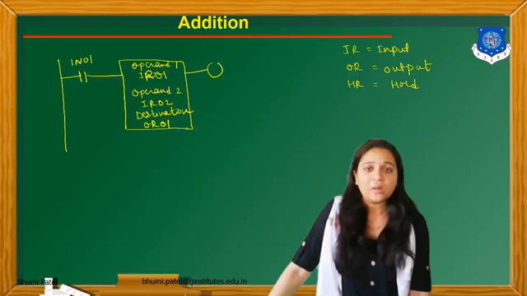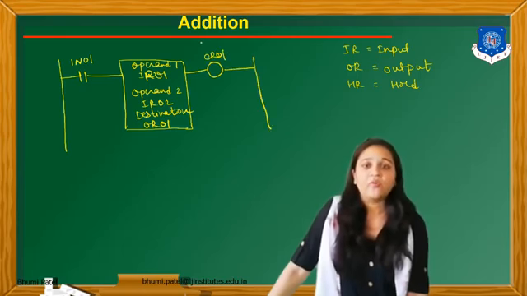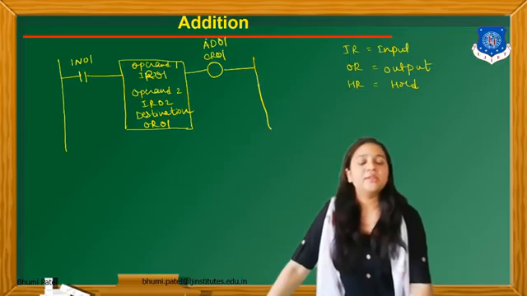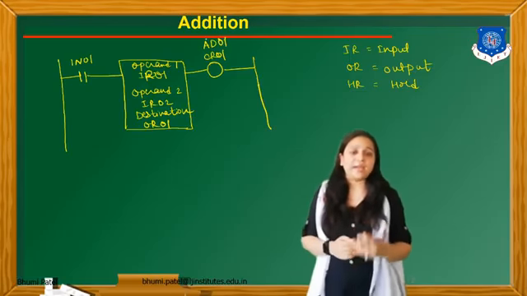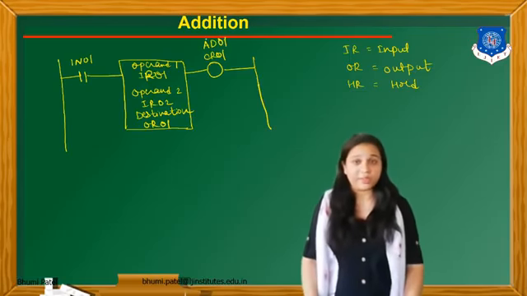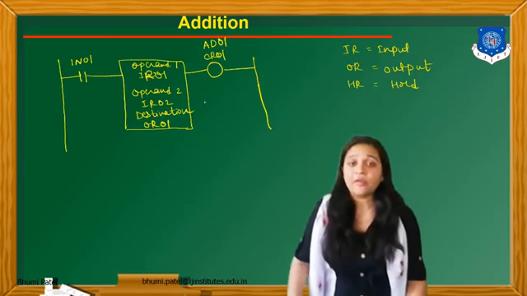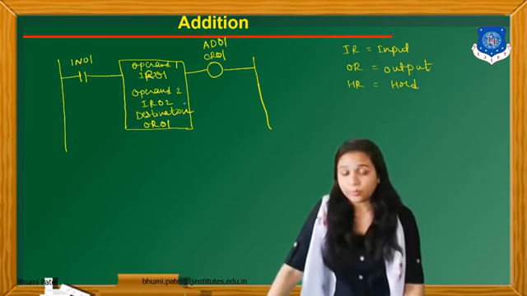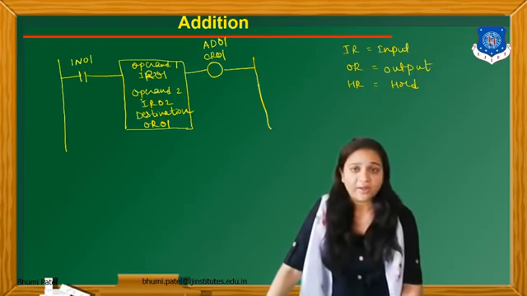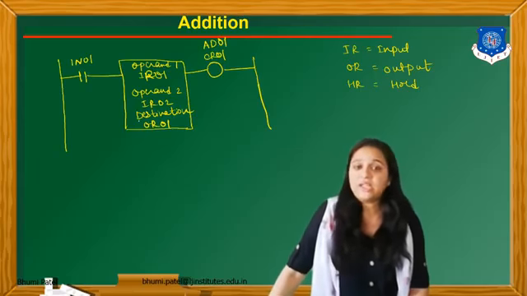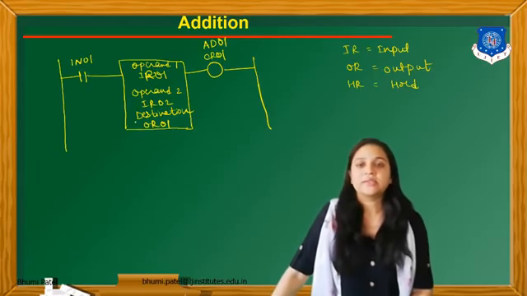Now what is the command for addition? We can simply write here the output name CR01 and our command is AD01. AD is known as the command for the addition in PLC programming. So this is the logic diagram for the addition of the two numbers. For operand 1 and operand 2, these two numbers will be added and the result will be saved in this particular destination address.